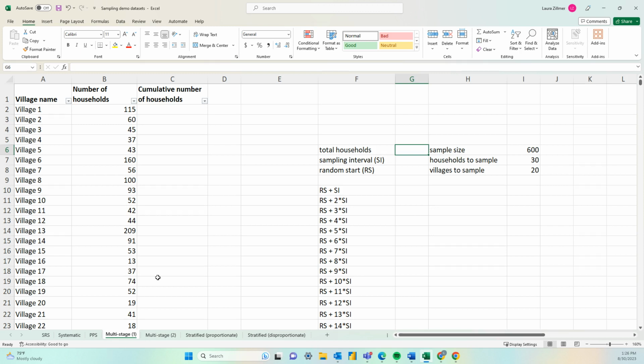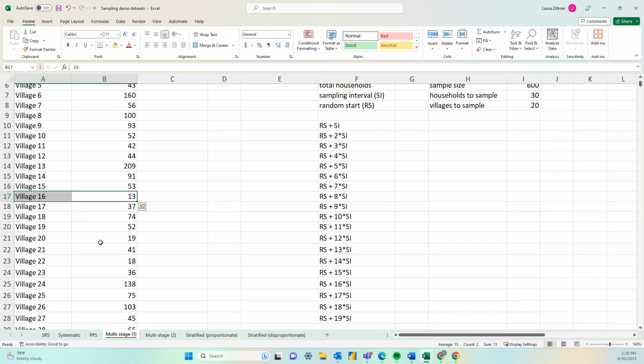Looking through our sampling frame for the first stage, we notice that some of the villages have fewer than 30 households. If these villages are selected, we won't have enough households to draw for our sample in our second stage. When this happens, one way to address this issue is to remove these villages altogether from your sample. But if you have many small villages, this can risk biasing your sample.